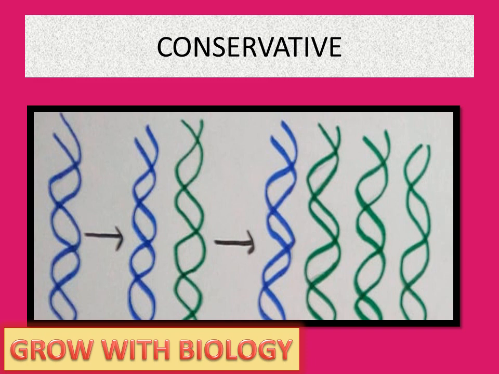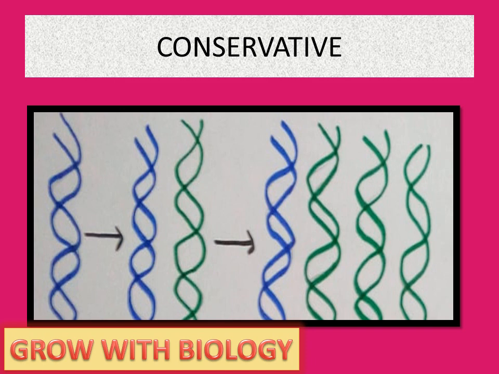One is blue color, same as the parent, and one is comparatively new, which is in green color. The newly synthesized strand, represented in green color, paired upon itself, and there are two separate DNA. One is exactly similar to the parental and one is exactly the complementary strand which is synthesized on the